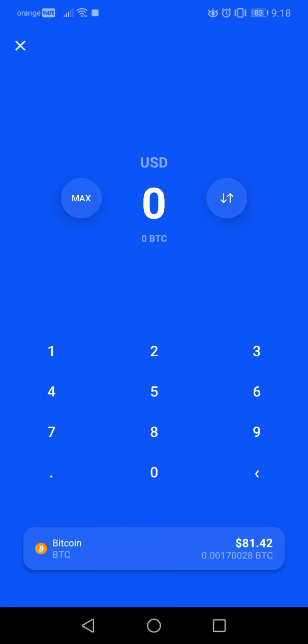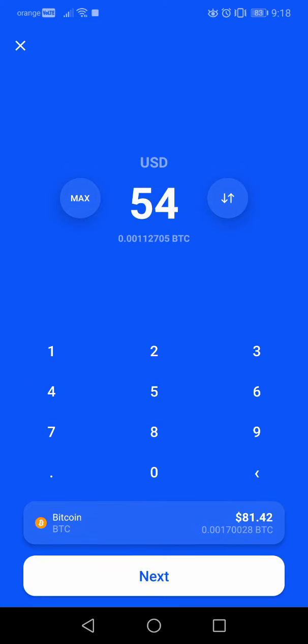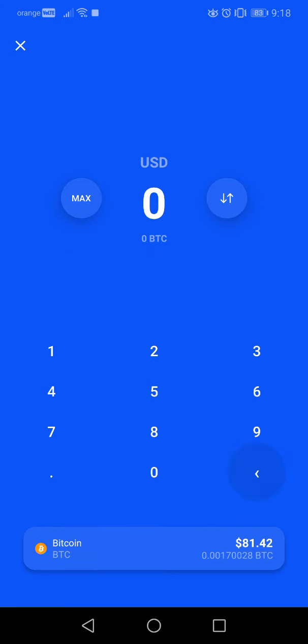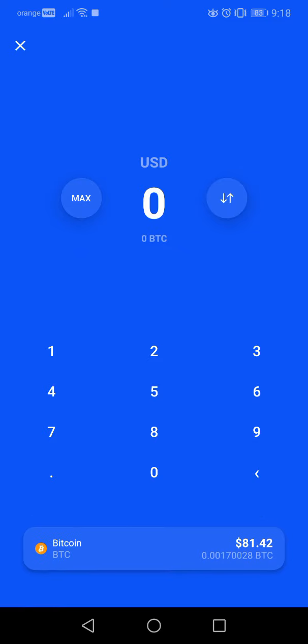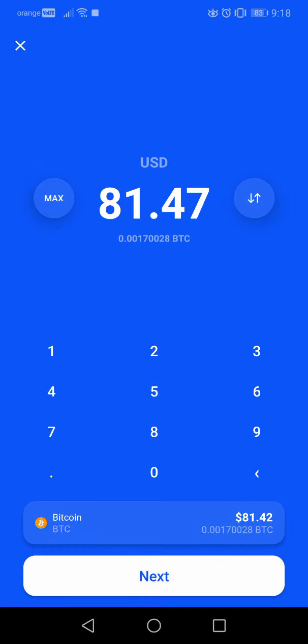Then you can type in the amount of money that you want to send. As you can see, it says in US dollars right now, but obviously it will send the amount in Bitcoin. So if I want to send $1 right now, that would be 0.00002087 Bitcoins. And you can also tap on the max, which will automatically apply your total amount of crypto from